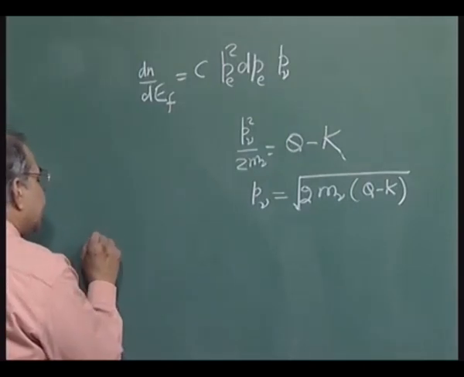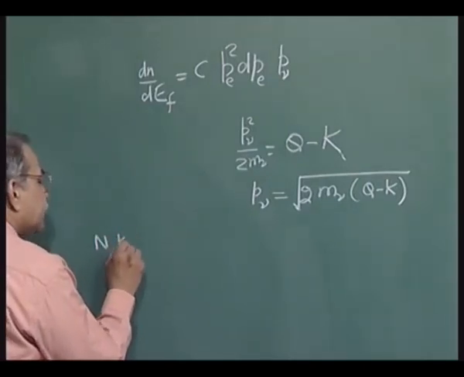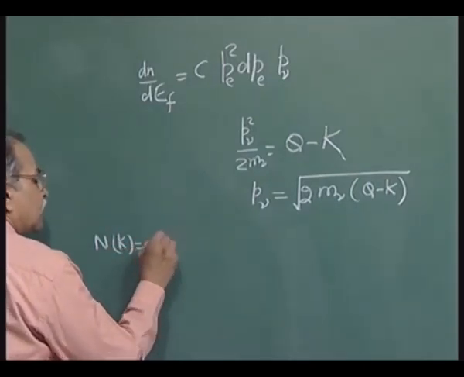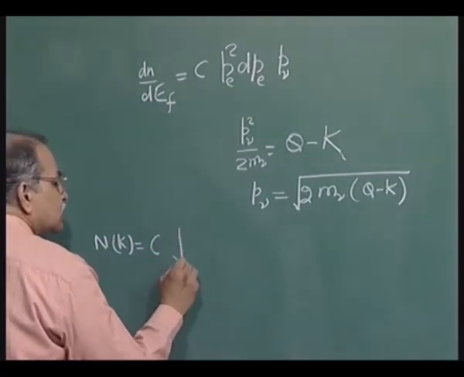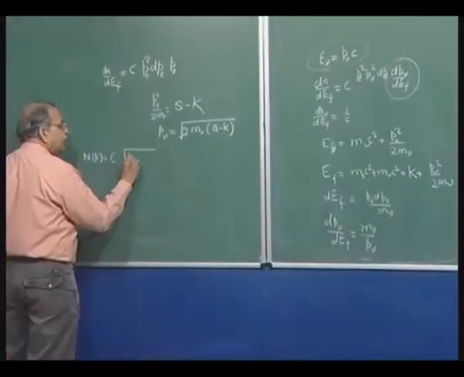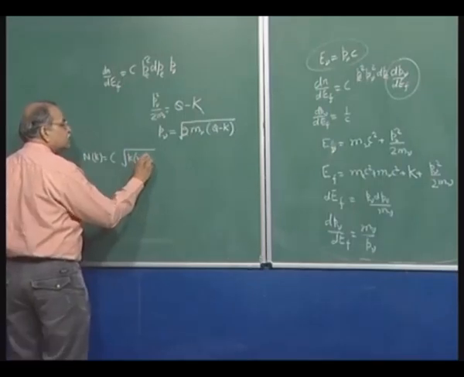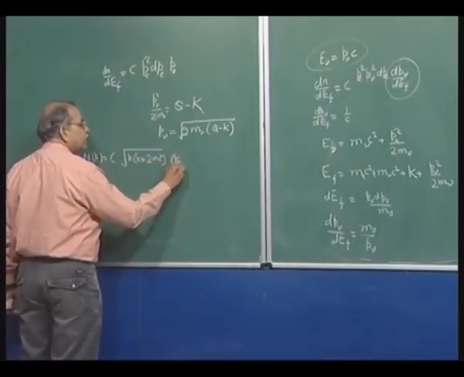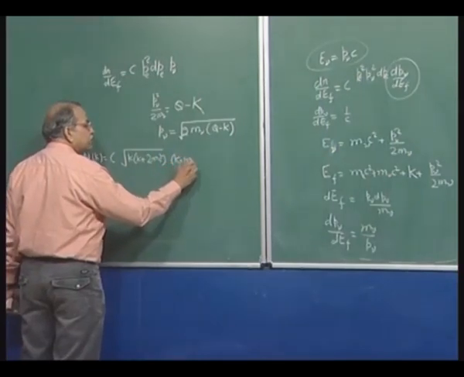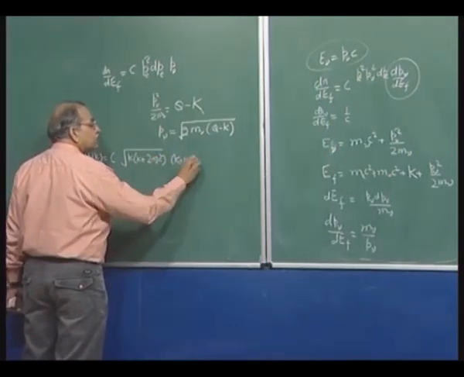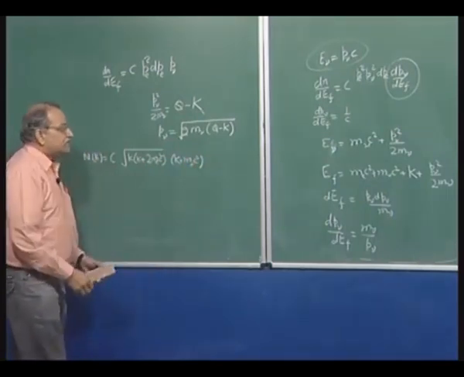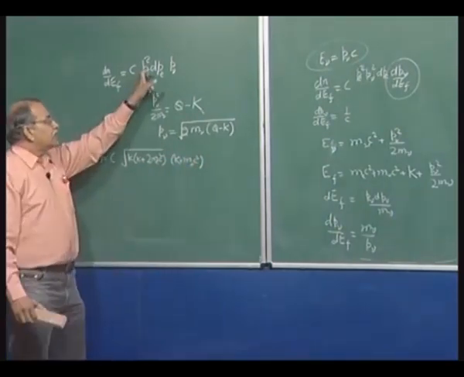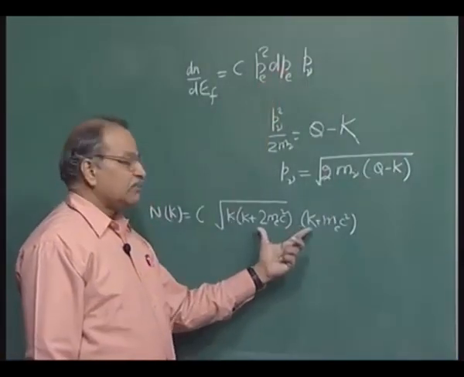If I write this expression for n(k), it was some constant times square root of K plus 2 m c squared, and then K plus m c squared. This part is coming from P_e squared dP_e, and this is giving me this part,